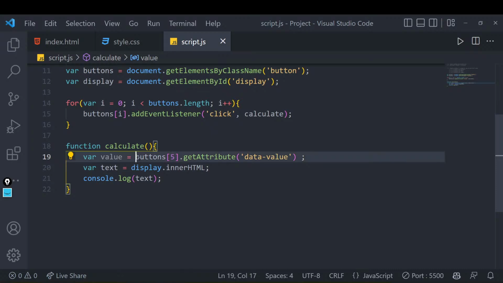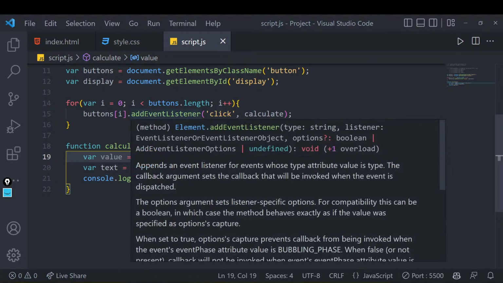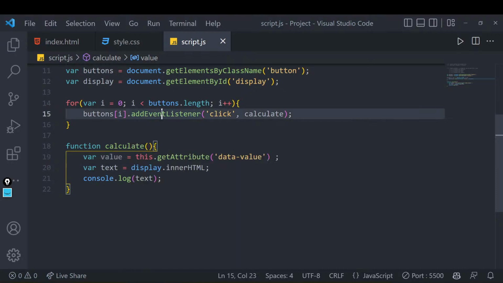So this is very simple, right? If you know a little bit about this, I'll just write this.getAttribute. Now you'll say, what is the use of this? Is this predefined, or did we add that? This is a predefined thing. What this will do for us is, if you have clicked on any particular thing, that will be contained alongside it. If you have clicked on button 10, that button 10 value will be accessible using this keyword, right?